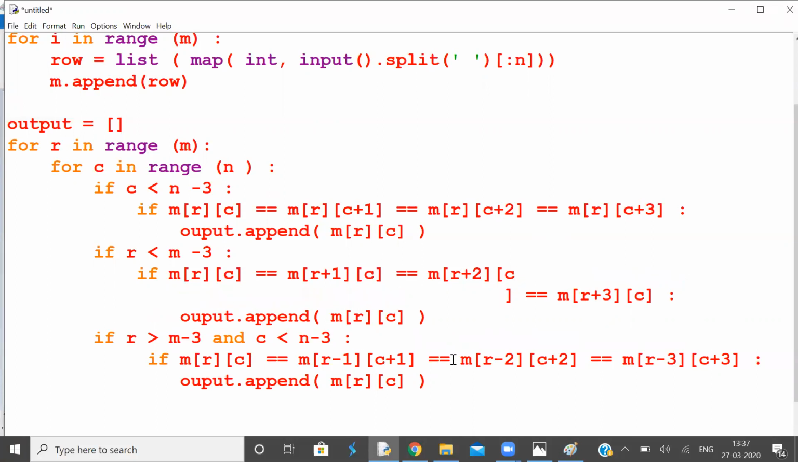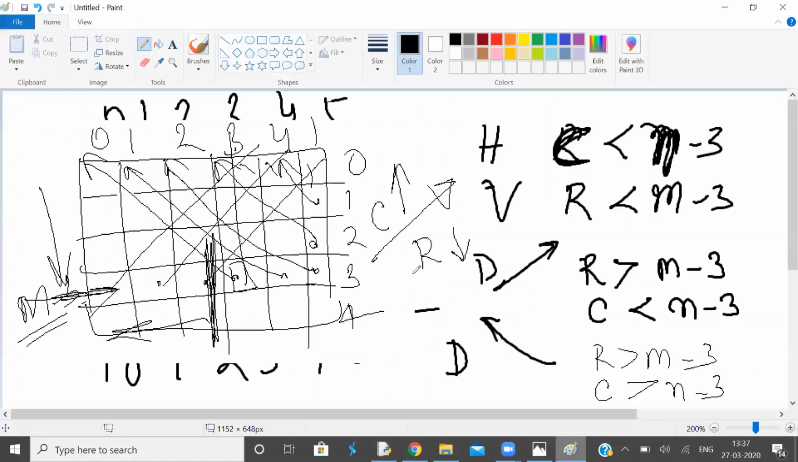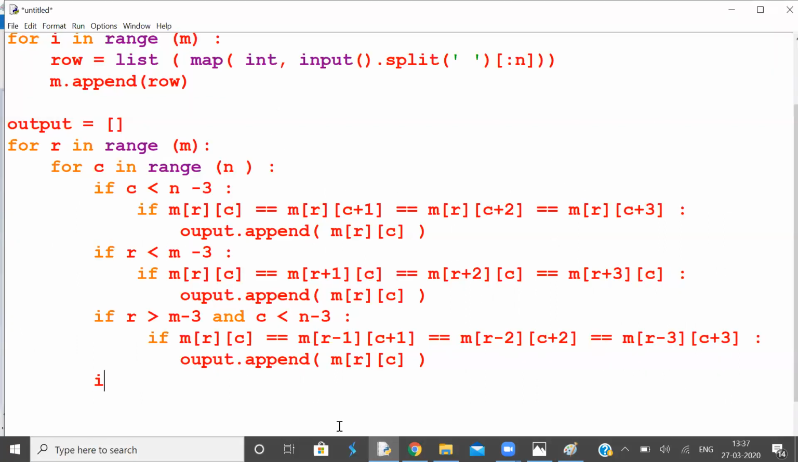Now, next, you are diagonally up from left to right. So R and C both must be greater than, with respect to m minus 3 and n minus 3. Okay. So if R is greater than m minus 3 and column is greater than n minus 3. Okay. Then